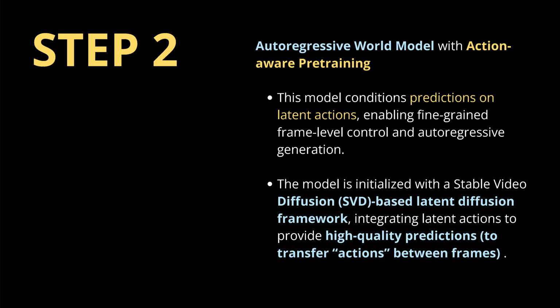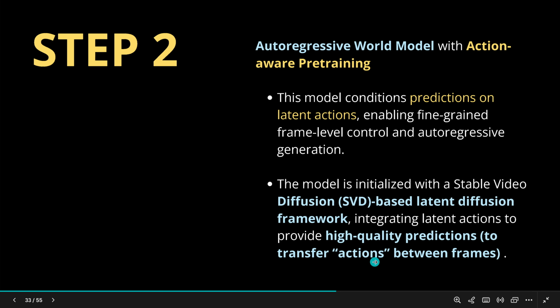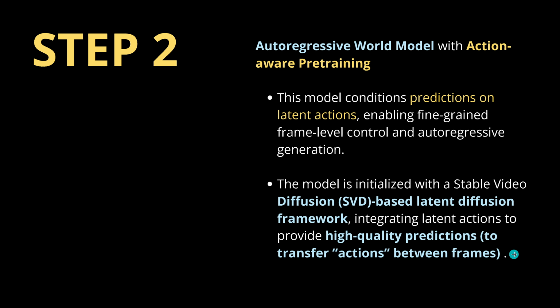So if I say I have an image of a hand coming closer to a pencil on a table, and I have then the action vector lift up from the table, then the next video frame that should be generated is my hand holding now the pencil, 1 centimeter above the surface of the table. So this latent diffusion framework is here now with our latent action and should provide this high-quality prediction. So it should be able to transfer this action, lifting up a pencil, between the different video frames, and should understand the abstraction of the action to make it transferable.